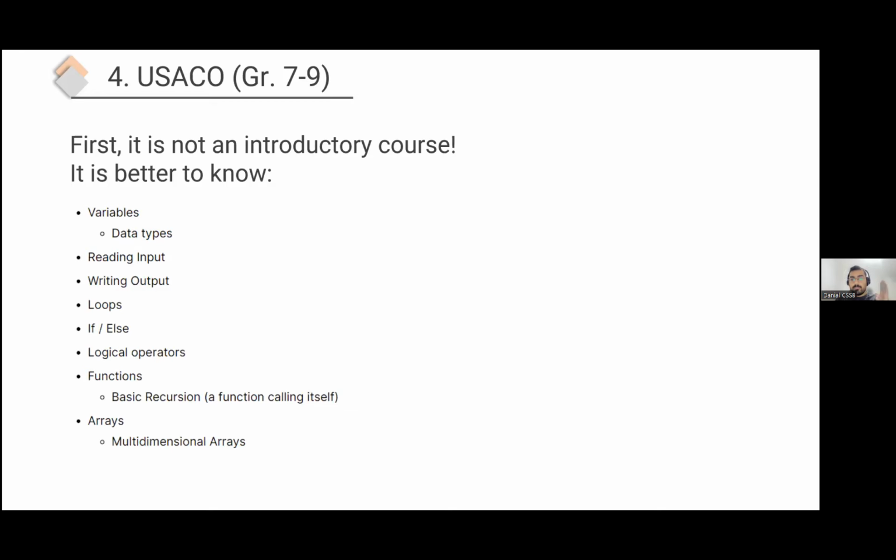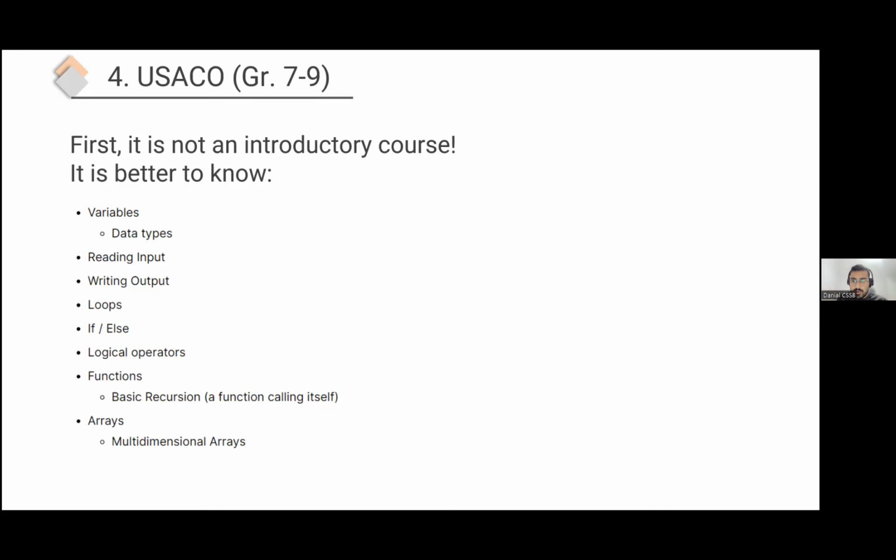What do we mean by it not being an introductory course for programming? We mean this: to start this series, you need to know these things in Python. You need to know variables, data types, how to read inputs, how to write outputs, loops, if and else conditions, logical operators, and all other things. These are very important to know before starting this class.